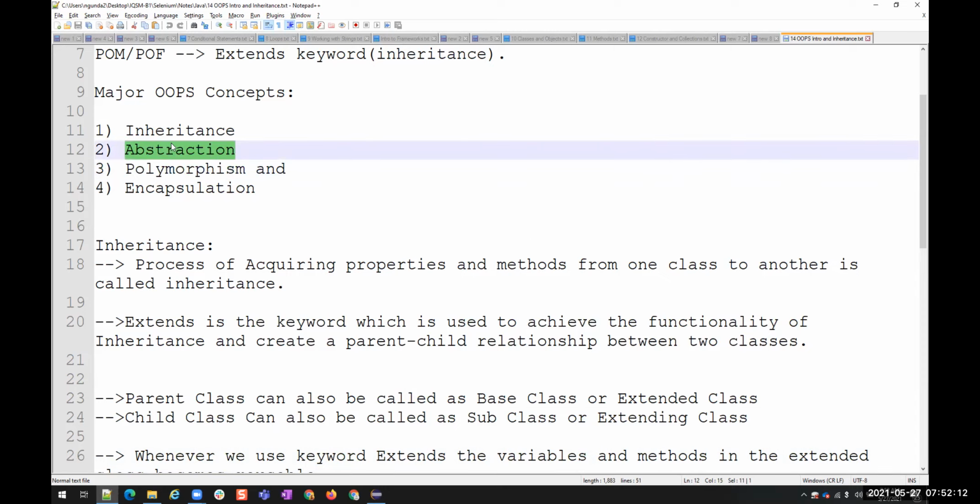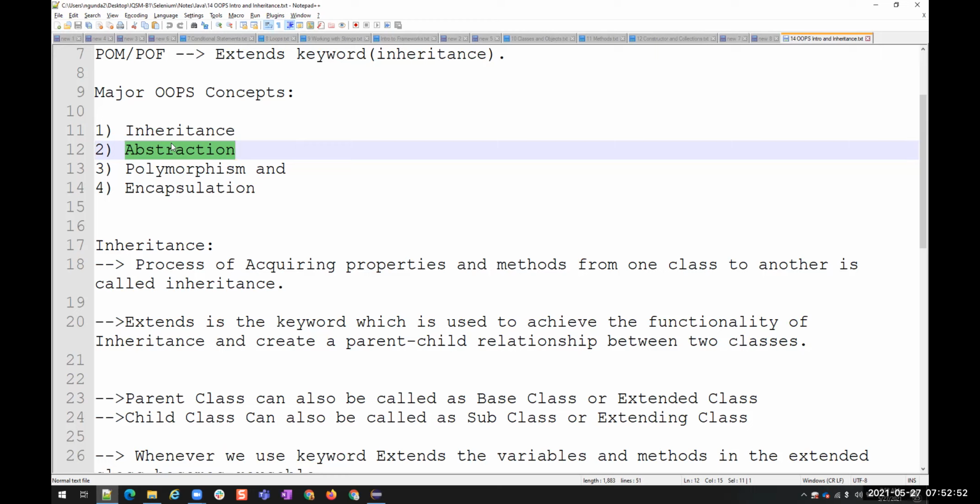Okay, abstraction. So, like I said, when we saw the hierarchy, or when we saw the introduction to the collections framework, you saw there were interfaces and then classes which are implementing those interfaces, right? So abstraction means in the interfaces or abstract classes, we don't write any implementation. We just abstract them. I mean, we just write the declarations, but we do not have any code inside this abstraction. What we do is we create a child class, and then inside the child class, we have to implement all the methods which are present in the abstract class.